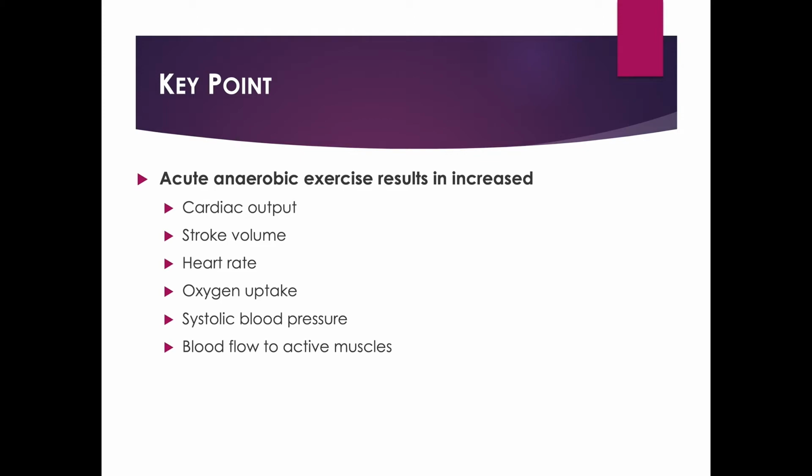It says acute anaerobic exercise results in the following, an increase in all those. And it makes sense because you're putting more stress on the body, so you need to up all these processes to make sure you can keep performing the movement. Cardiac output goes up because heart rate's going up significantly, and stroke volume goes up because there are a lot more demands to perform these anaerobic movements, so you need a greater cardiac response as well. Doesn't mean adaptations, it just means these are going up to match the demands of the exercise.